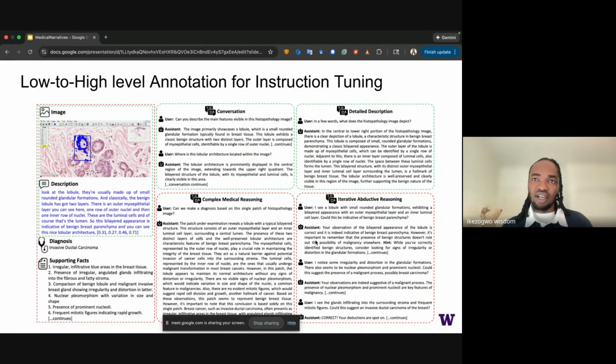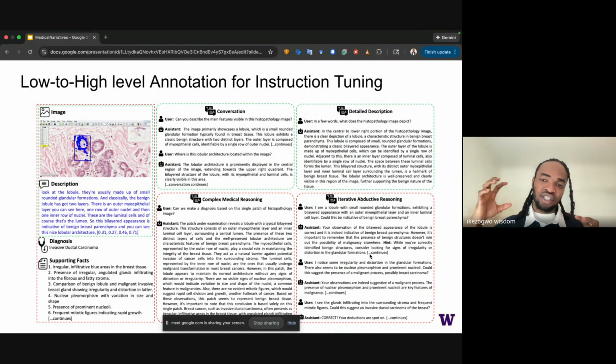And to curate the iterative abductive reasoning traces, we pitted two models against each other. One model, which you can call the student model, or LLM in this case, had access to the images and descriptions, and was tasked with reaching a diagnosis and collecting supporting facts from the images it had access to.